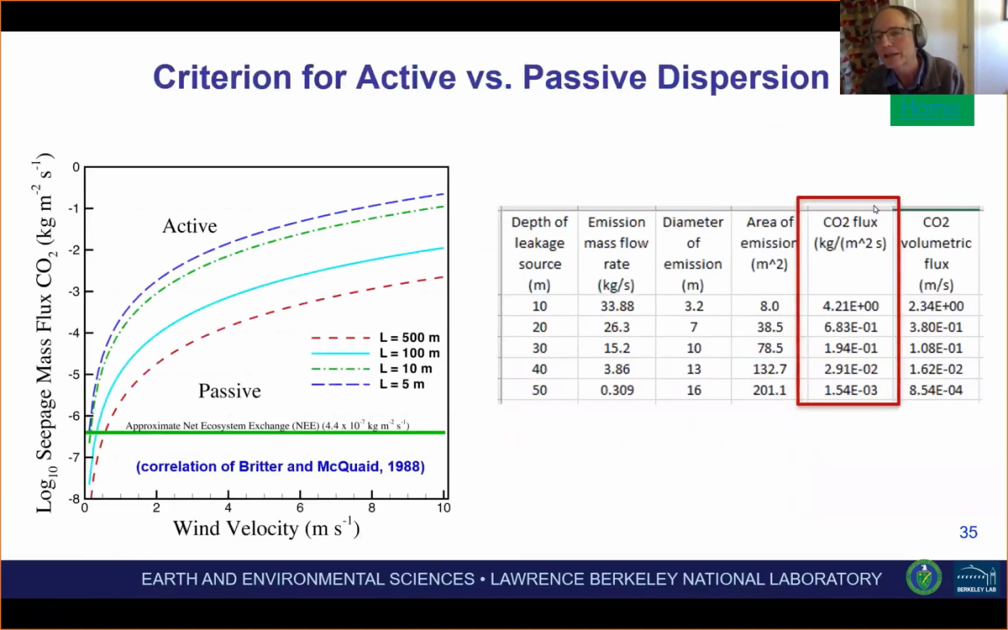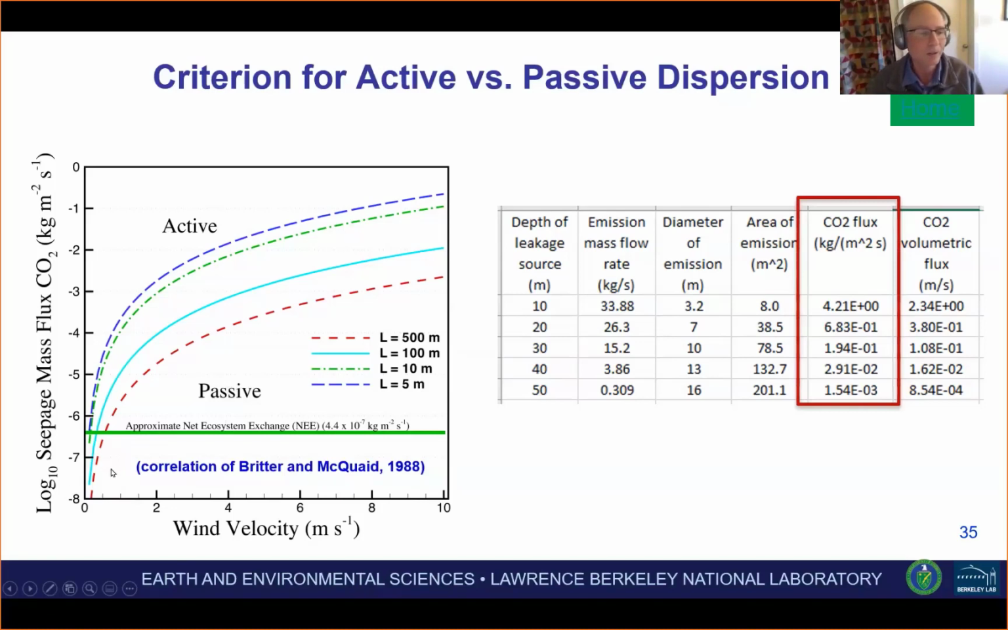So let's talk about now what I said I was going to talk about, which is the atmospheric dispersion part. Britter and McQuaid, looking at the left, developed a criterion for whether a flow would be a dense gas flow or an ambient gas flow. You could also call that active versus passive. So if it's active, that means that the gas itself can drive itself, like down a topographic slope. Whereas if it's passive, it's just basically the same density as air, and